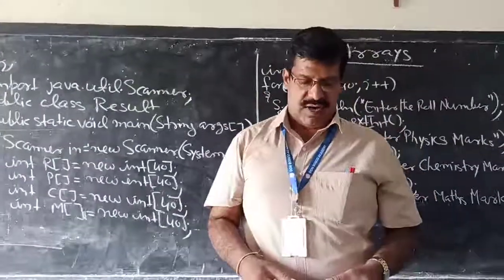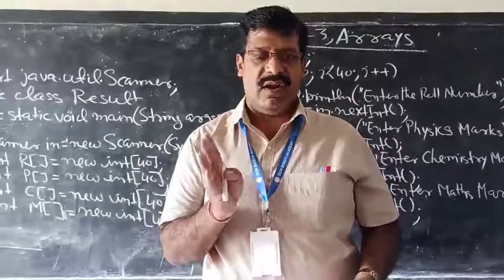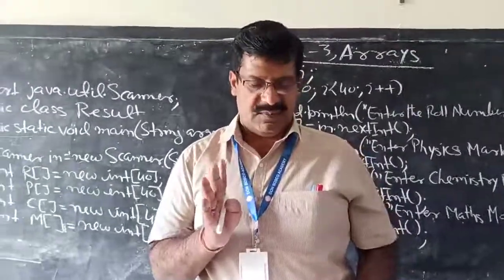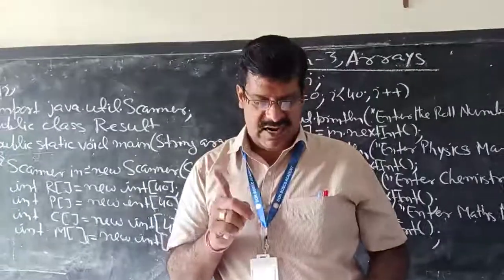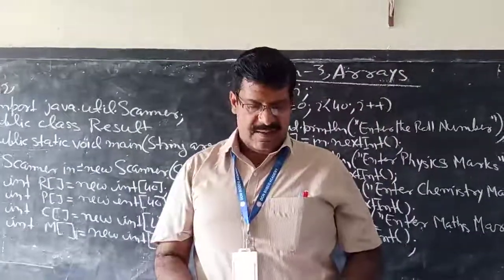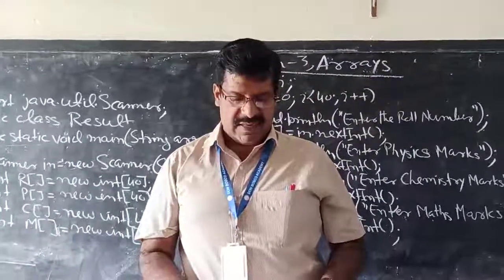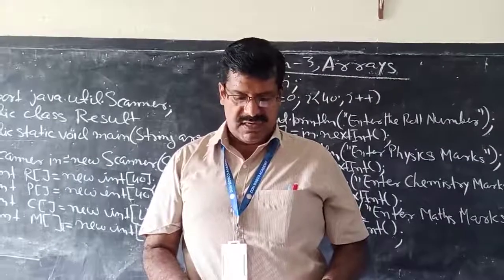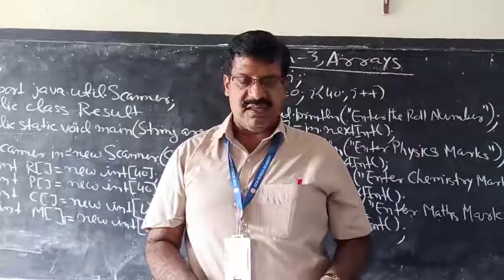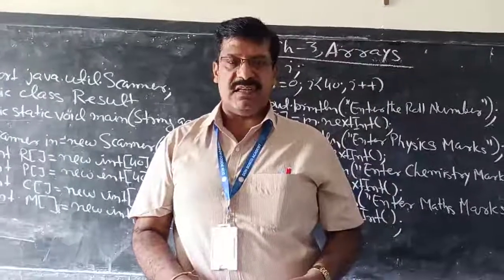Write a program in a single dimensional array to accept the roll number and marks secured in the subjects for all the students. So what do we have to accept? Roll numbers and marks secured in all the subjects. So how many subjects are there? Physics, chemistry and maths. The program should check and display the roll numbers of all the students along with a message whether promotion is granted or promotion is not granted, and assume that there are 40 students in the class.